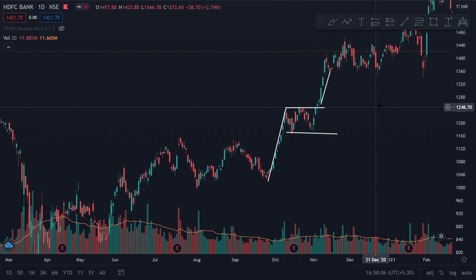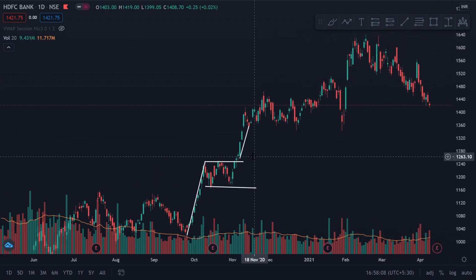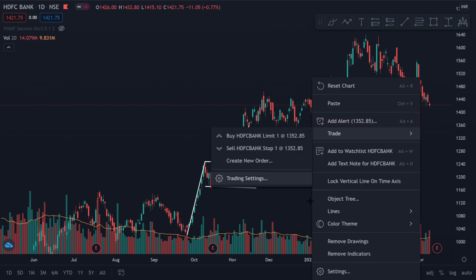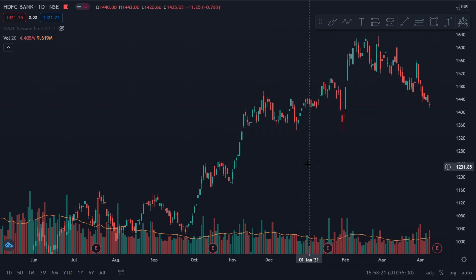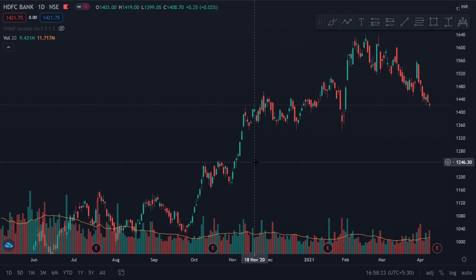So these were some of the examples on a single chart that I demonstrated, which have succeeded and failed. If you see, the number of times that the pattern succeeded was more than the number of times it failed. It will also fail, obviously, nothing is 100%, but if you maintain proper risk management and deal in probabilities, and if you have a success rate of, let's say, 60 to 70%, you can be profitable.